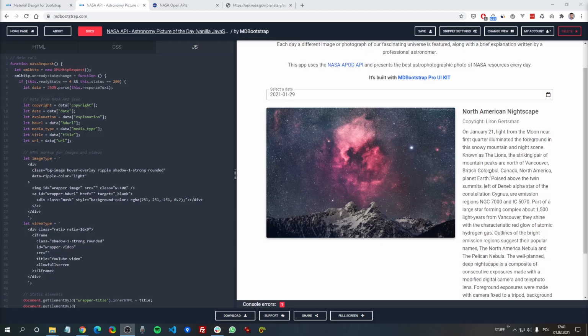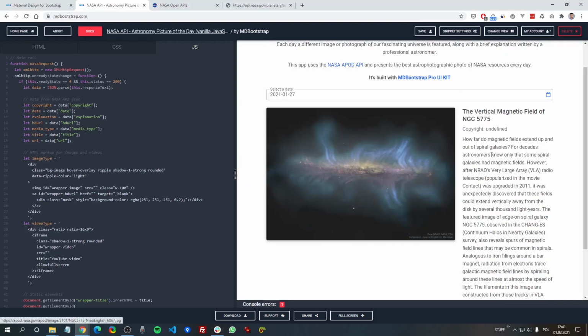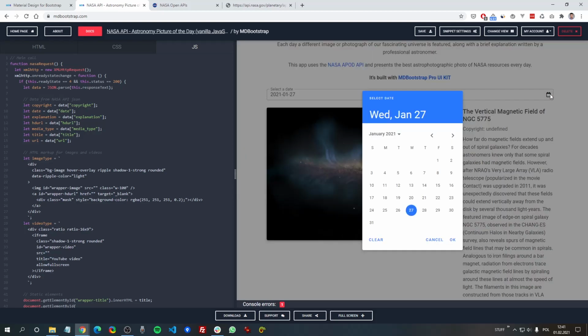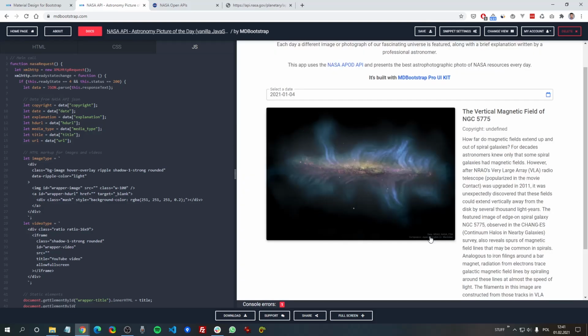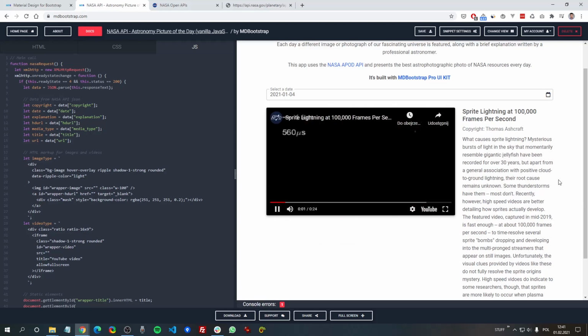So here we have some amazing astronomical picture together with a title and explanation of what this picture is about. And if we change the day, we'll get a completely different picture with its own title and explanation. So every day this app presents a featured media for this particular day. And it's also possible to display a video. For example, on January the 4th, we have a YouTube video, we can play it, and as well we have